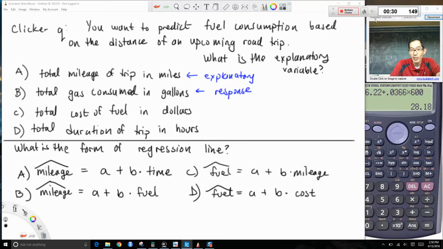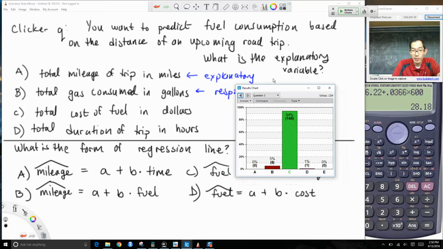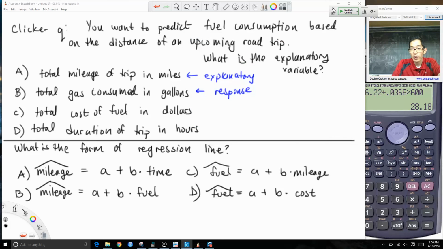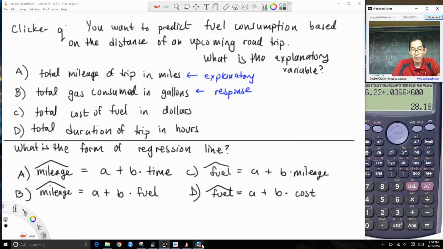And 5, 4, 3, 2, 1, and let's take a look. Okay, and that indeed is our answer choice. Answer choice C, we are looking at fuel as a result of mileage here. Okay, we'll end there, and we'll see you guys on